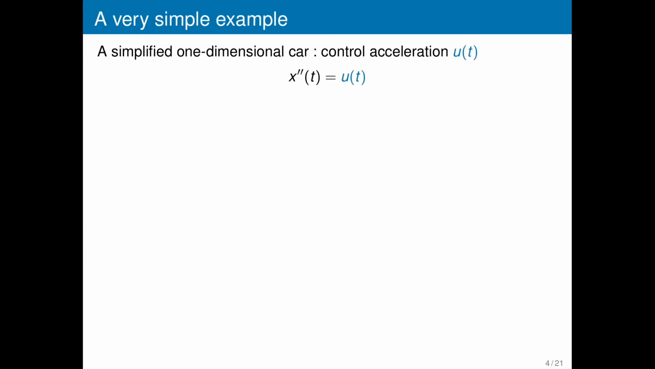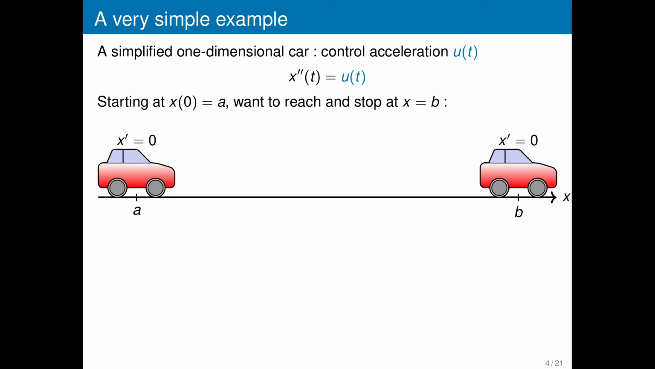Let me go back to a very simple example of a simplified one-dimensional car, in which we only control the acceleration of the car. This means we control the second derivative x'' of the position of the car. Initially, the car is at position A with no speed, and our goal is to reach position B also with no speed. The question is, what kind of control u should we use so that the car goes from position